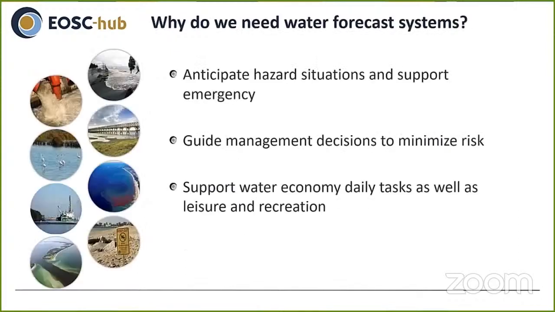Forecast systems are particularly useful to many tasks. For example, to anticipate extreme events such as storm surge that can lead to inundation in coastal areas, extreme swells that can interfere with port activities and have severe erosion impacts on the coast, oil spills, or other water quality hazards that can have huge consequences to population and ecosystems in coastal areas. They can also support emergency actions to mitigate the effects of these events.